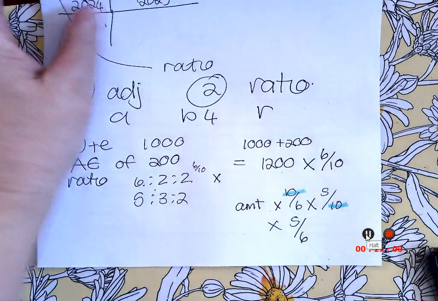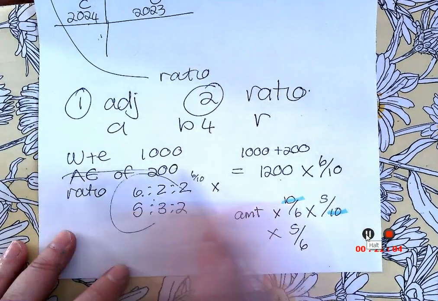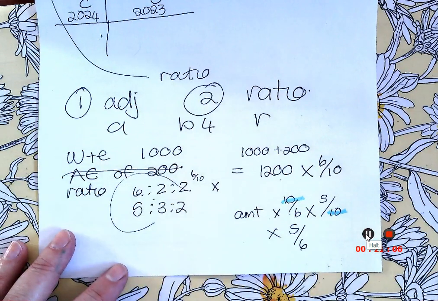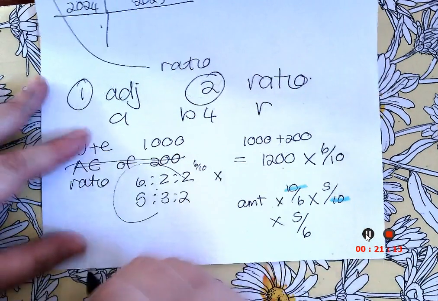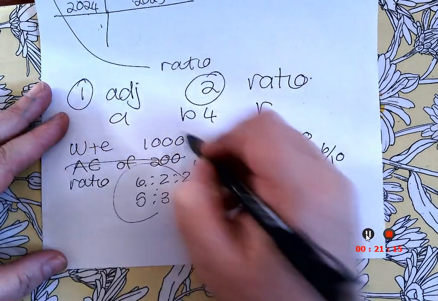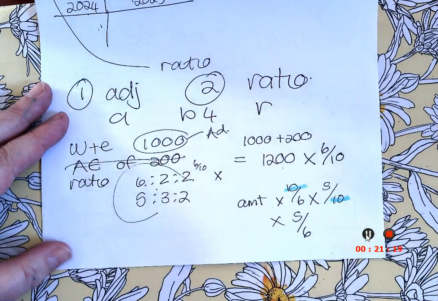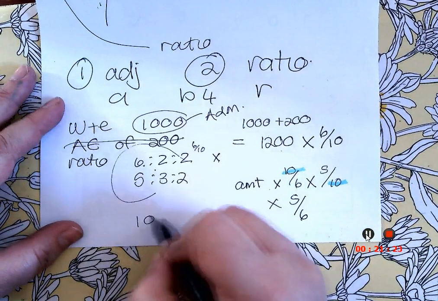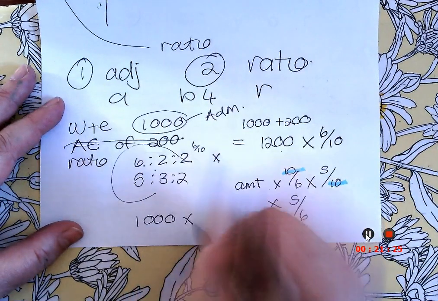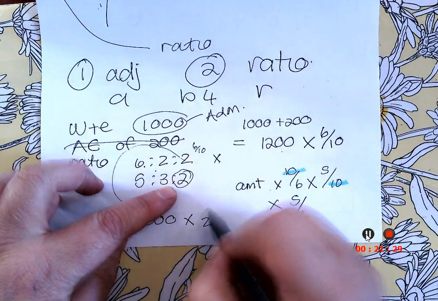So it will depend on the question. You're going to read the question. Most of the times when there was a mistake on the ratio, they won't give you an adjustment. They'll just give you the mistake and you need to fix it. Another way they can do it is they can tell you, oh, the water and electricity, that was for admin. You see? Now you have to go say, oh, 1,000, this admin is 2,